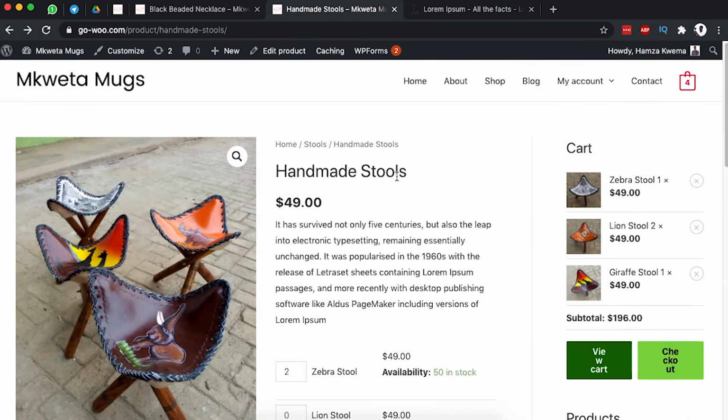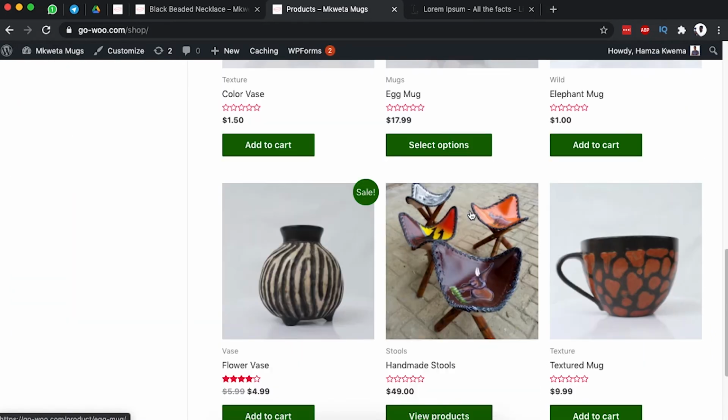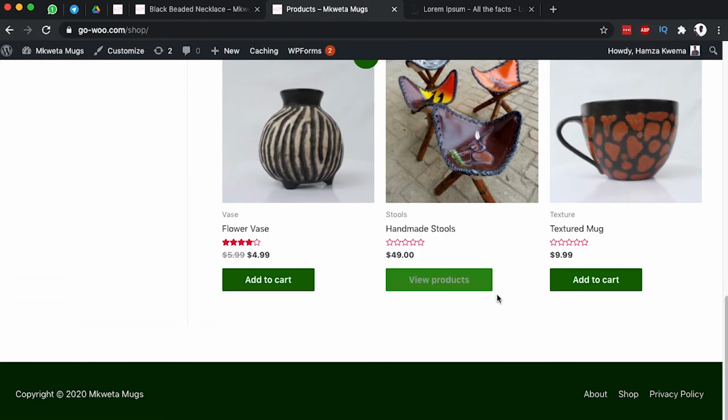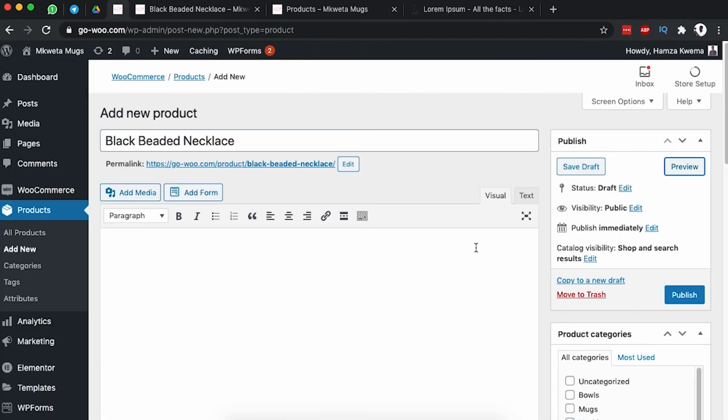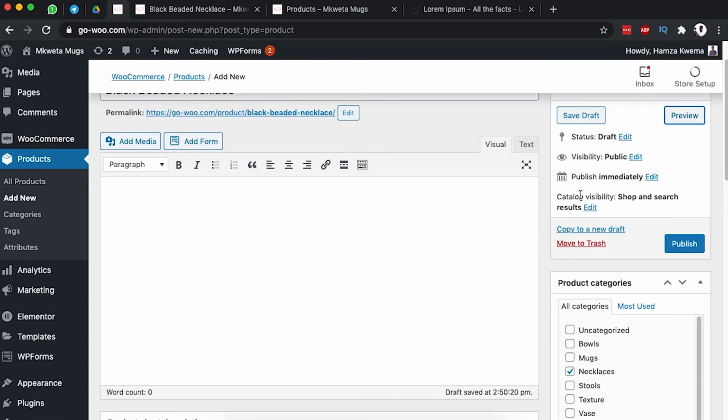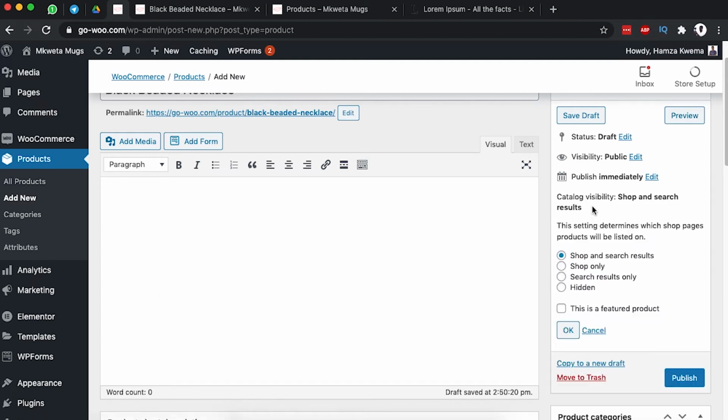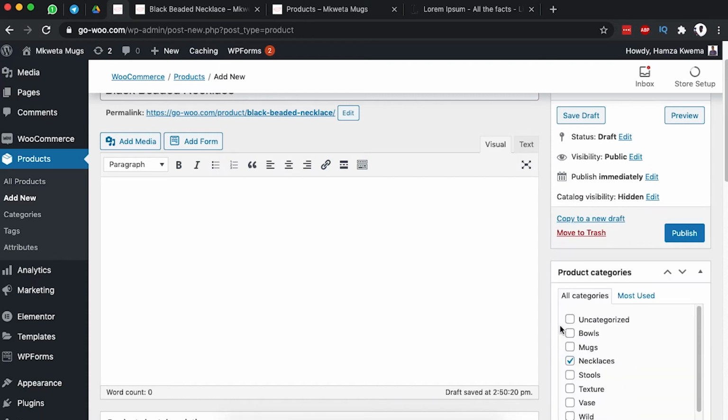Just like when you come over here on our store under the shop page, we don't have the other variations of these tools appearing on the shop page. We only want to see those other products appear under the group product option. So back in our e-commerce store, I'm going to come over here under the category visibility and edit this, and I want to hide this from appearing anywhere on the store. Okay, so I'll simply say okay,